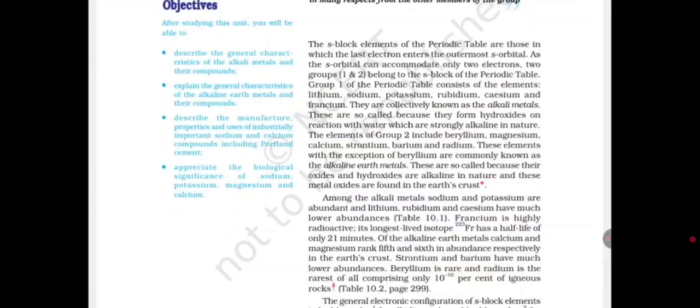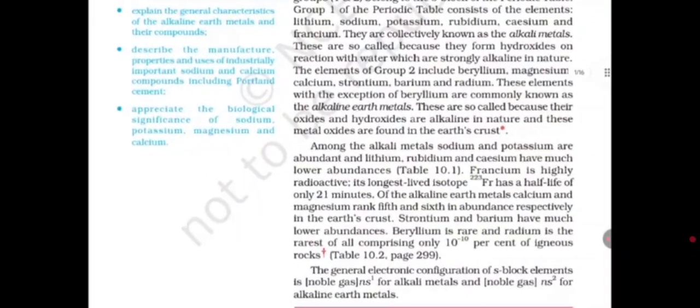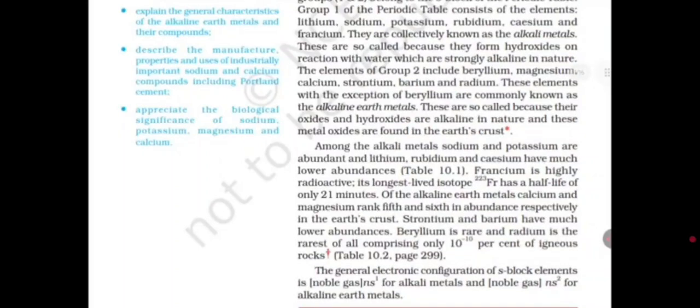They are collectively known as the alkali metals. These are so called because they form hydroxides on reaction with water, which are strongly alkaline in nature. The elements of group 2 include beryllium, magnesium, calcium, strontium, barium and radium. These elements, with the exception of beryllium, are commonly known as alkaline earth metals. These are so called because their oxides and hydroxides are alkaline in nature, and these metal oxides are found in